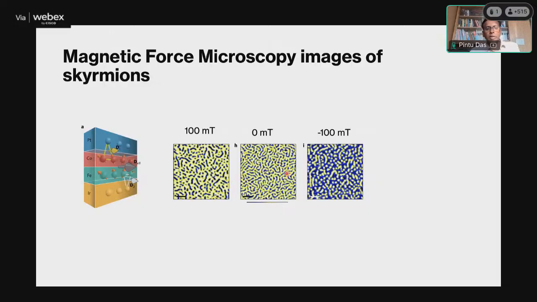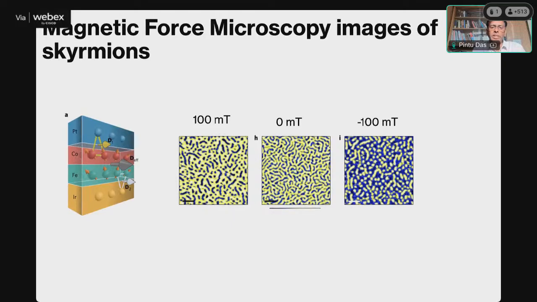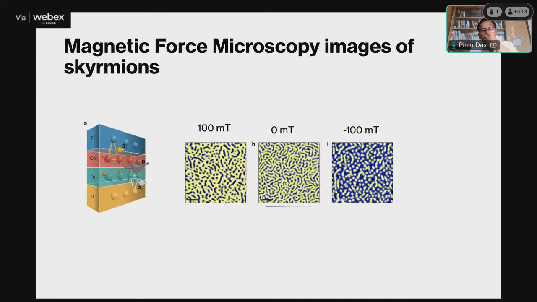So these are chiral textures, and at zero field there is no skyrmion. These are elongated maze-like patterns. But if you apply a field, let's say 100 millitesla, there are some round objects here and here. This is the opposite field, 100 millitesla and minus 100 millitesla. That's why the color contrast is different here. The yellow has turned blue and blue has turned yellow. One thing you should remember is that these just show you the stray field. With the magnetic force microscope, you measure the perpendicular component of the stray field coming out of your sample. So you can't actually check the orientation of the magnetic moments within these round objects